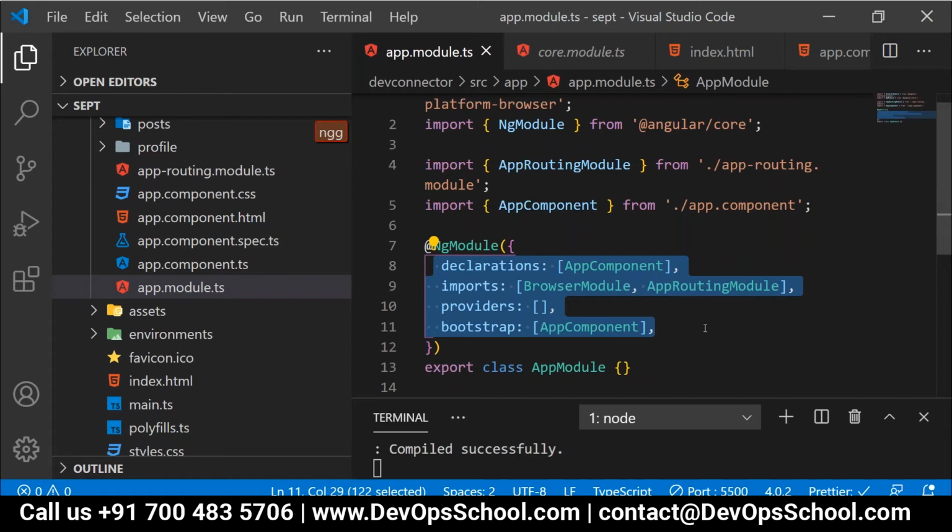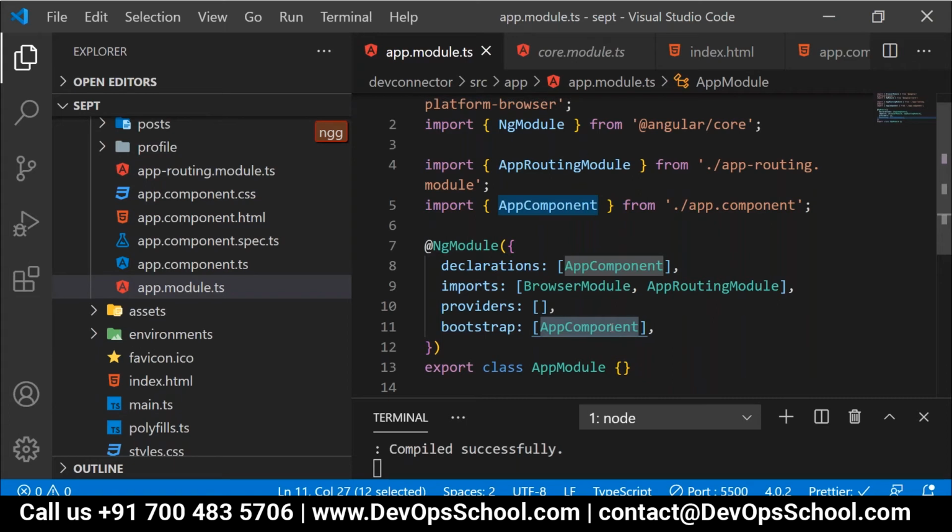Yes. Now in this case, for the entry purpose, where will it go? Will it go to the bootstrap? Inside the bootstrap, which component is mentioned? App component is mentioned. So what will it do?